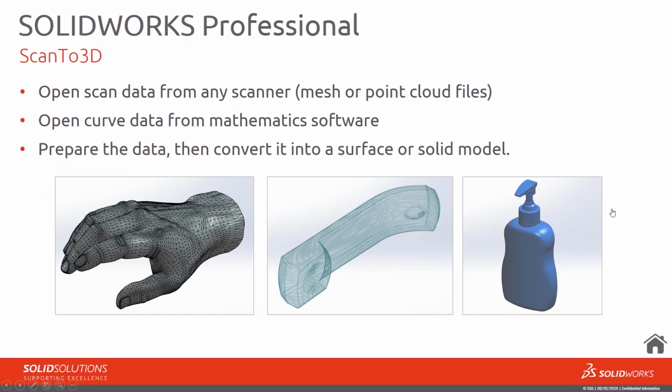We've also got the ability in the Pro package to look at Scan to 3D. So this is a utility in SolidWorks that basically opens scanner data. So usually a mesh or point cloud file. So things like XYZ or STL files as well we can bring in. But this is basically a way of turning it into a surface or as a solid model. So often if you're just given cloud points, it's actually pretty useless unless you're going to turn that into a surface.